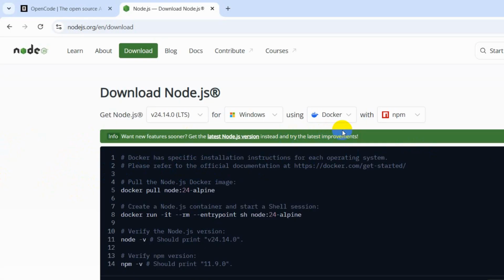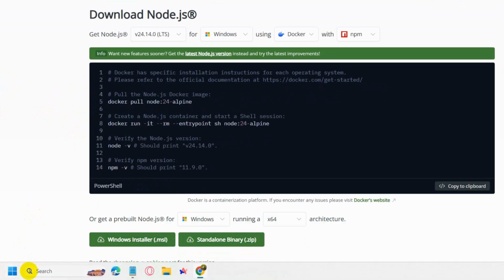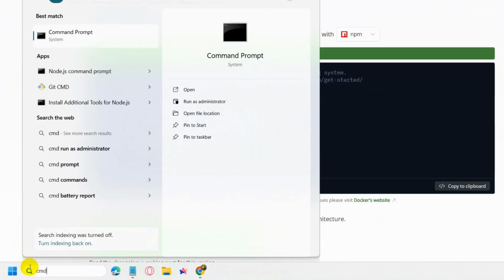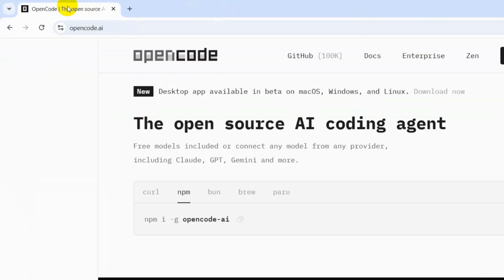In order to verify whether Node.js is installed in your system or not, you can just go to your Windows search option right over here, type CMD, go to command prompt, and say node --version, then press enter. If you see the Node.js version, it means Node.js is installed on your system and you are ready to install